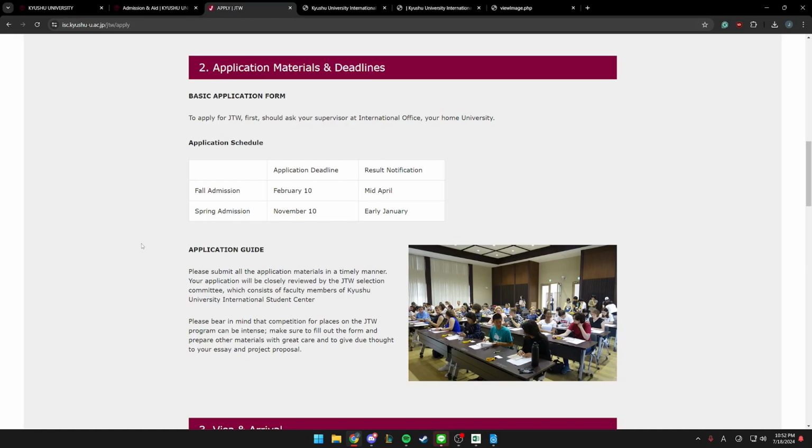There's two different kinds of programs that you can apply for at the JTW program, a half year program and a full year program. I'm part of the full year program and would absolutely recommend it. If you're here for one semester and that's all you can make, that's great. But if you can squeeze in that full year, do it, and you will not regret it. Having the time over here is just incredible. It's life changing. I know you hear all these people saying, "Oh, I found myself in another country," but really,